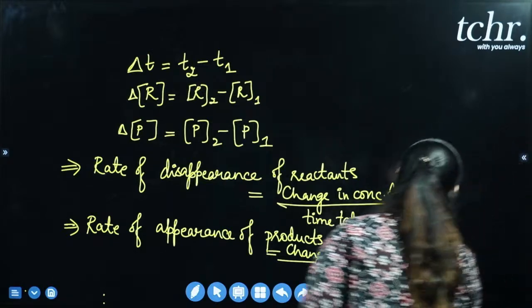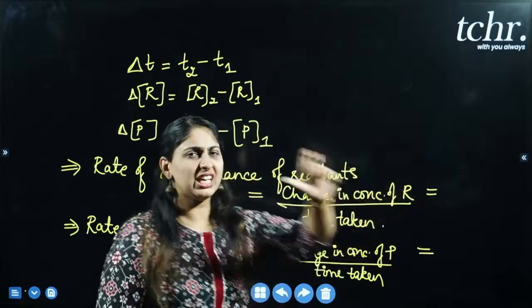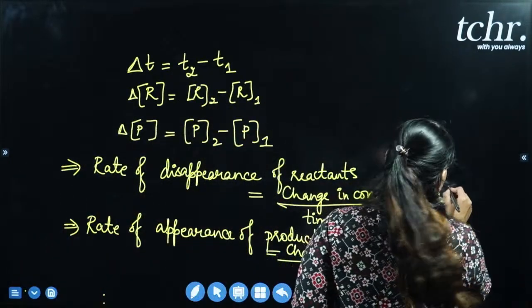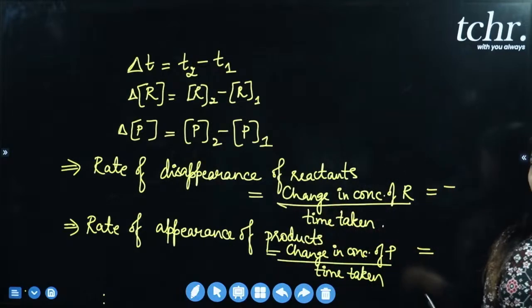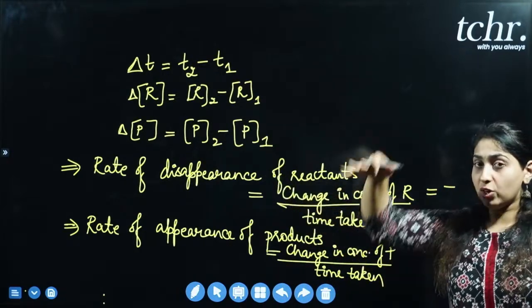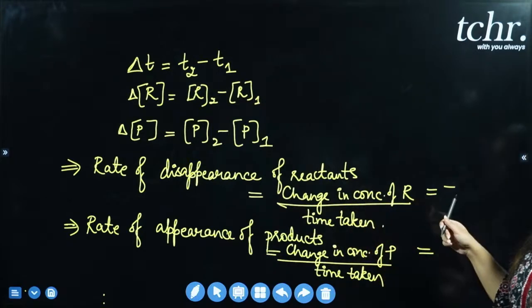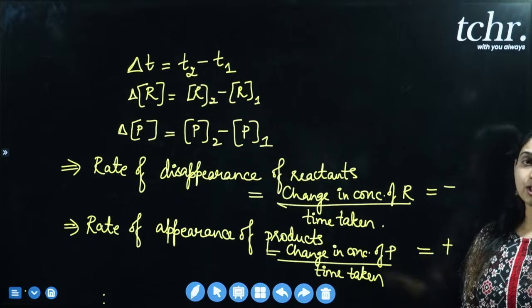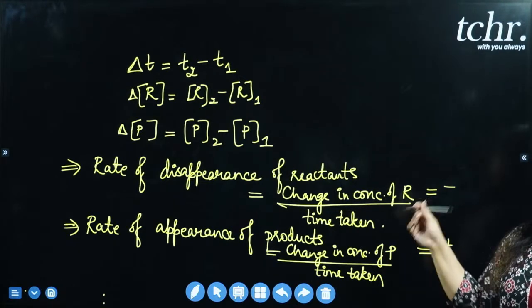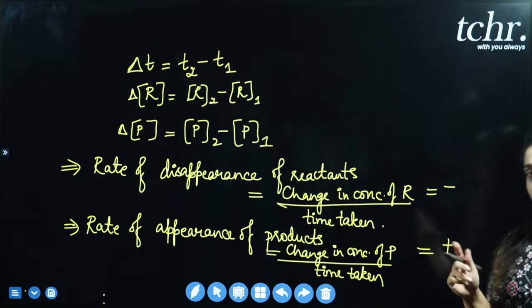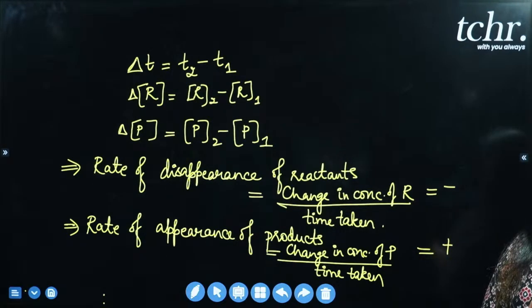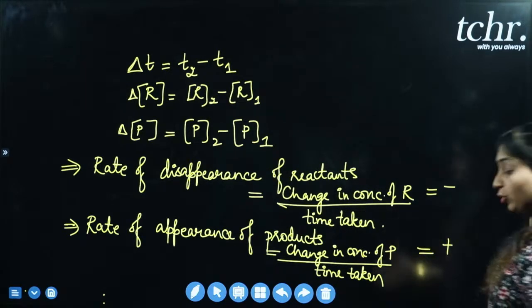Further, if I have to write it in the form of symbols based on this, what do I do? Can I add a negative symbol here? Why negative symbol? Because the reactant concentration is decreasing. The symbol here, plus or minus; here it is plus, because the concentration of products is increasing, while the concentration of reactants is decreasing. So these negative and positive signs just tell us whether there is an increase or a decrease in the concentration and do not contribute to the value, right?